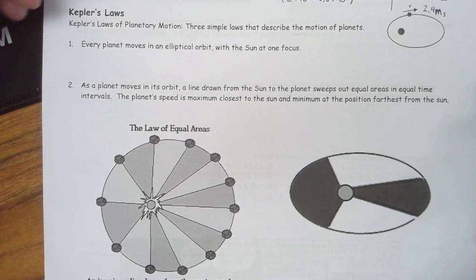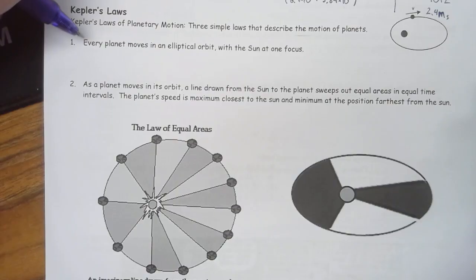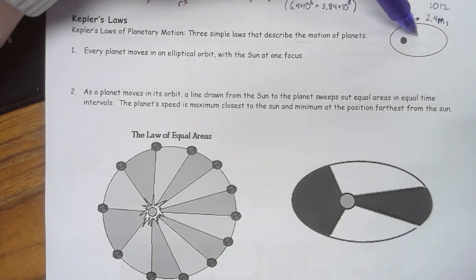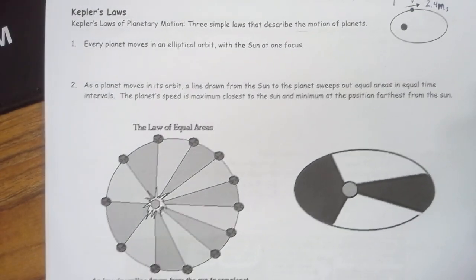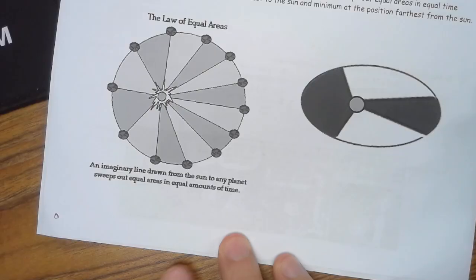Kepler, through his data, developed three laws, that every planet moves in an elliptical orbit with the sun at one focus. Now, I get it. The sun isn't this off center, okay? This is just an exaggeration of it. The sun isn't perfectly at the center of where we're spinning. It's a little bit off center, but what we need to know from that is that as a planet moves,